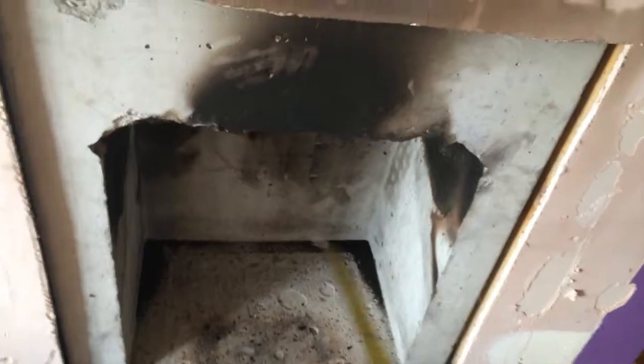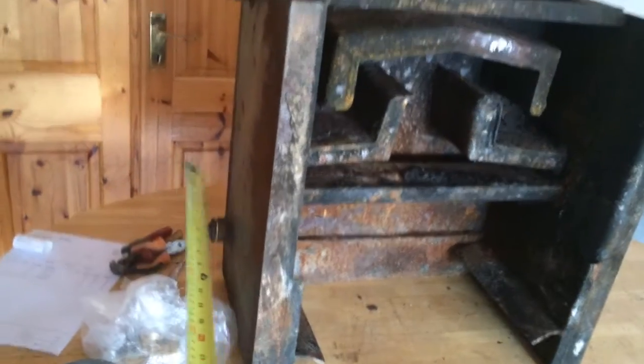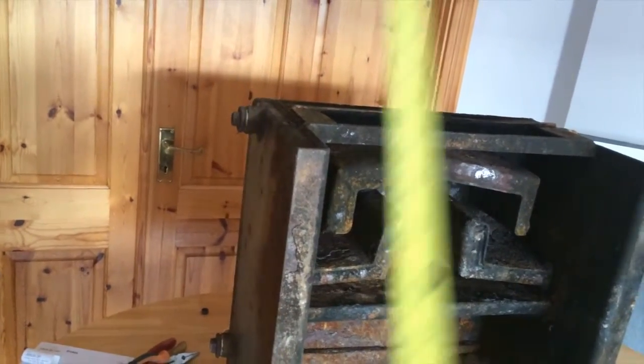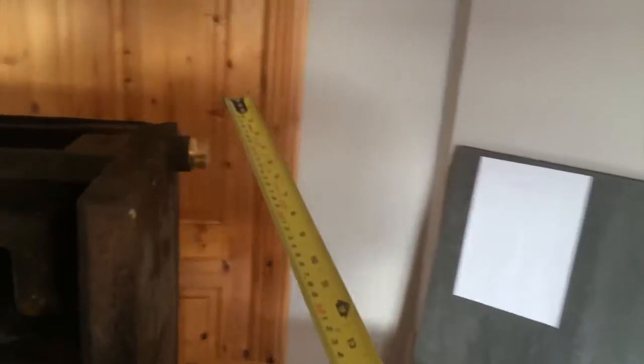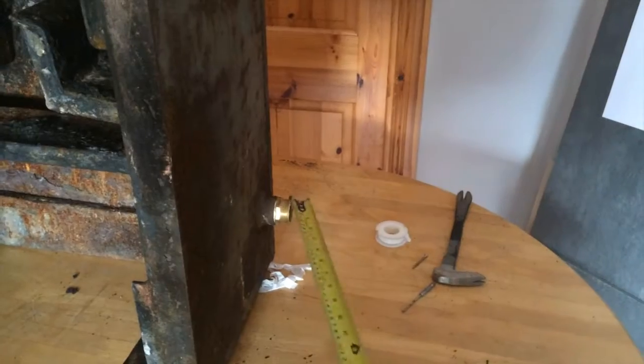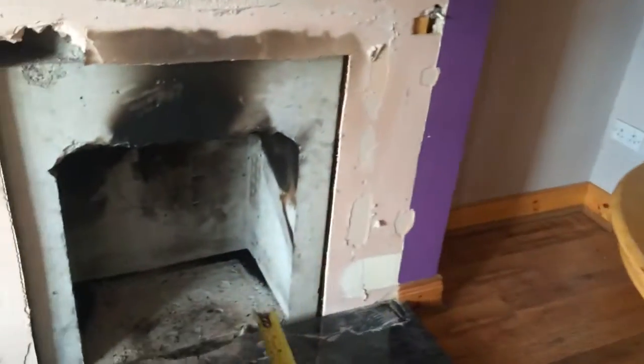So it literally goes in here, so I have to drill holes here, here and there for... I definitely think I'm going to pick the top for my feed. That's my flow, and that's my return. So the next mission here is to...